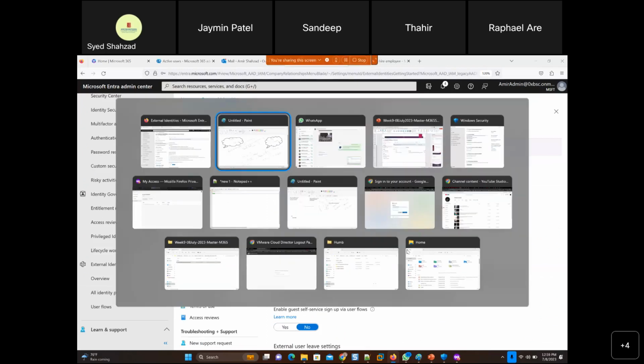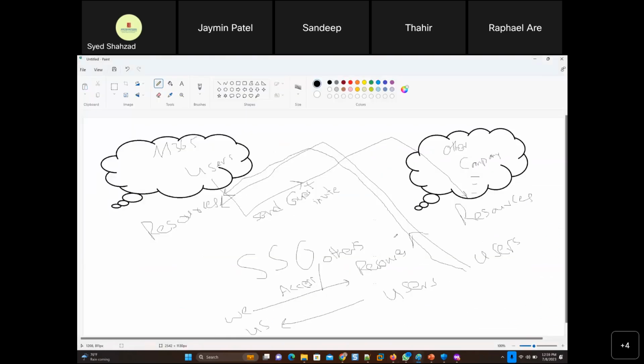But what about this SSO? Do you want to actually go through the process of SSO to let other companies, maybe thousands of users, use some of the resources that you offer? So this is the same SSO configuration that we did from our M365 to another company.